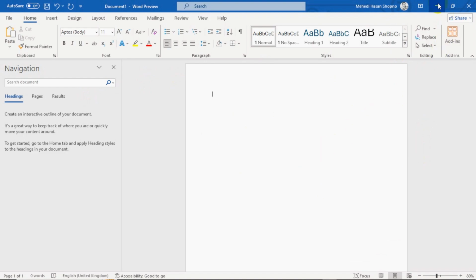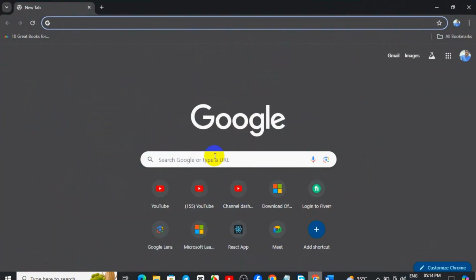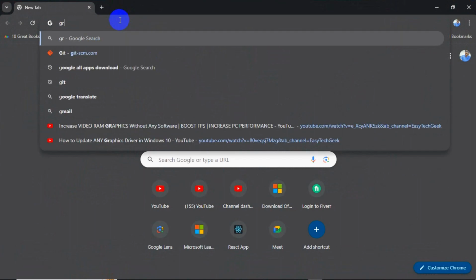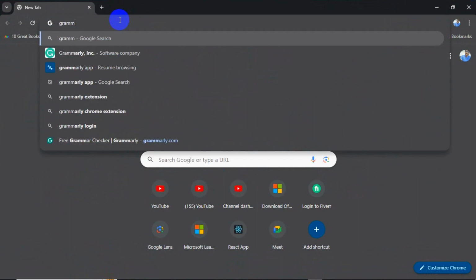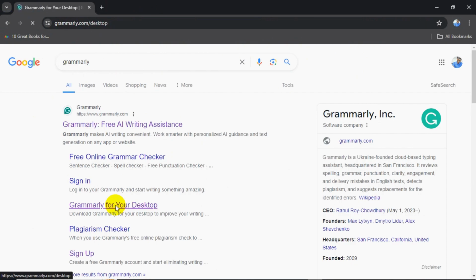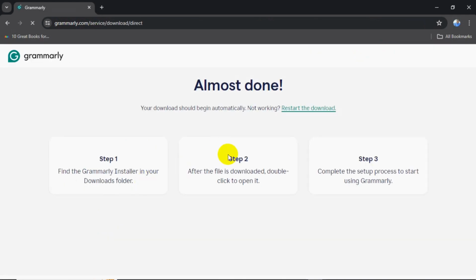So first, we need to minimize it and go to our Google Chrome browser, or any of your favorite browsers, and then search for Grammarly. Here you can see it. So click on it. Here you can see there are a lot of options, but we will click on Grammarly for your desktop. Click on it, and then here you will get an option called download Grammarly. Just click on it